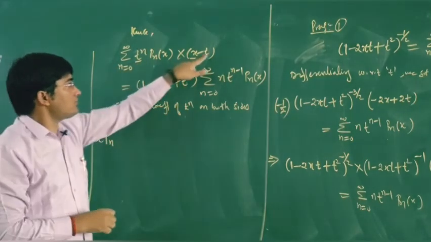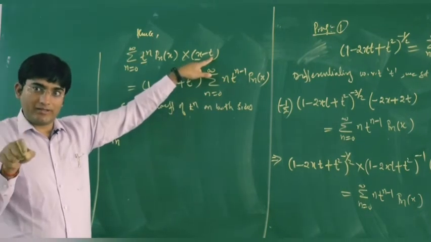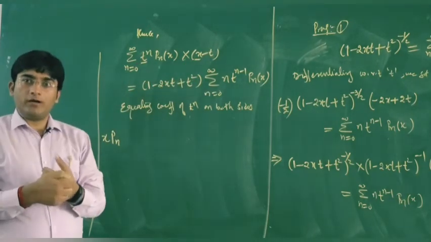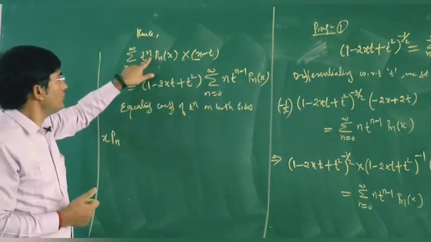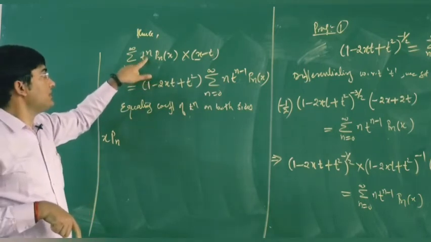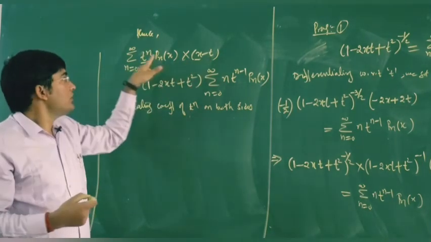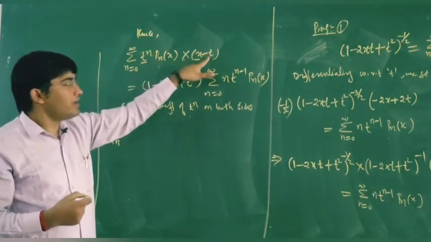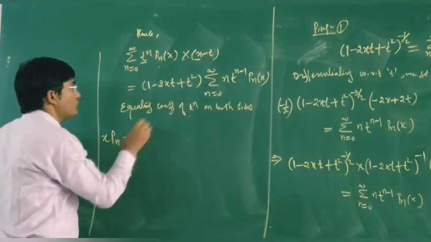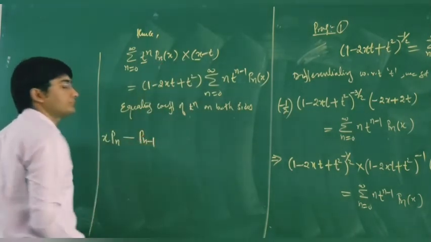Now if you multiply this term to this term, then we have t power n plus 1. But we need t power n. So for that, replace your n by n minus 1. As we need the coefficient of t power n, this is your nth term, and the previous term will be your n minus 1th term. So your previous term will be t power n minus 1 into Pn minus 1 into minus t. If you take t power n minus 1 here, and we have minus t, on multiplication this will become t power n. So we have the coefficient as minus Pn minus 1.